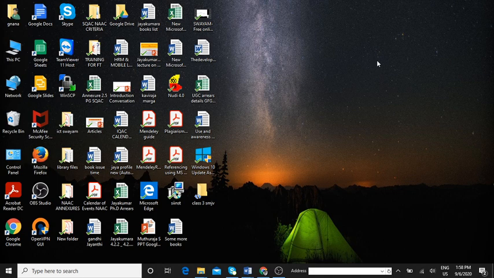Right click on the desktop screen, click on the personalize option, and select the screensaver in it. You can give the timings for that.